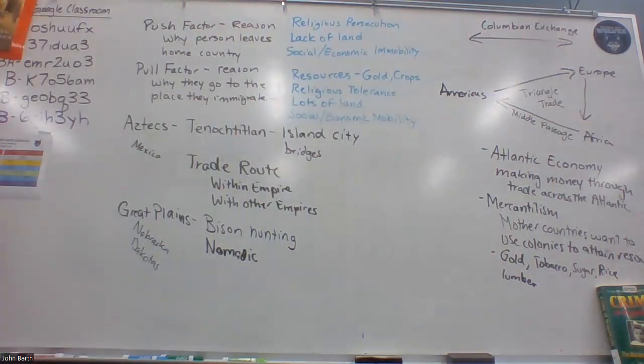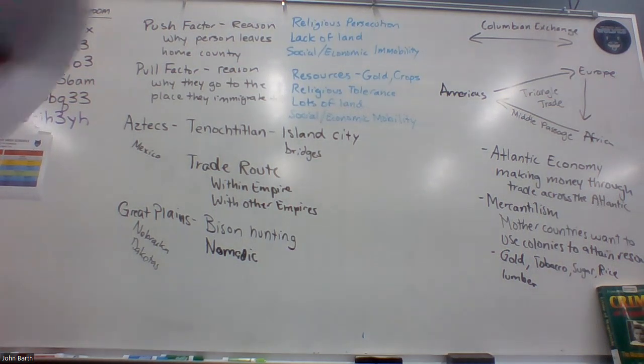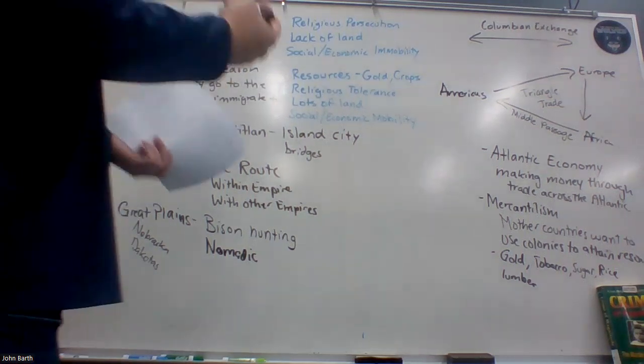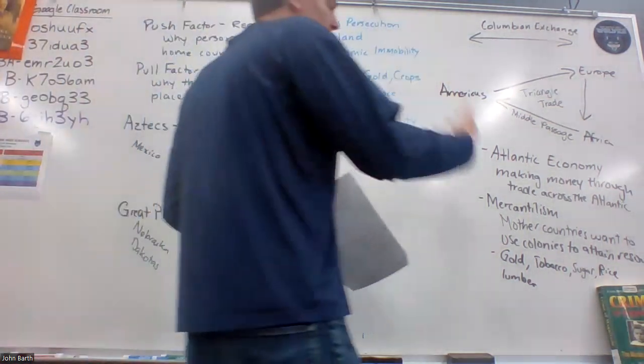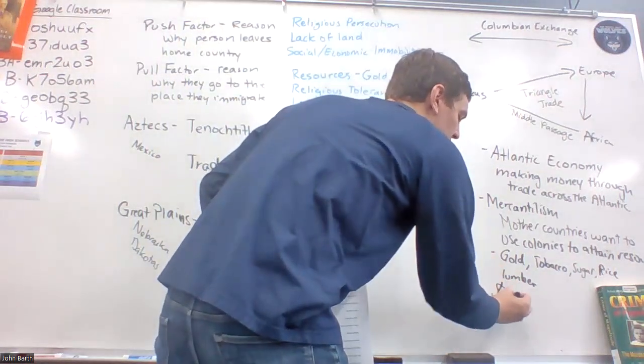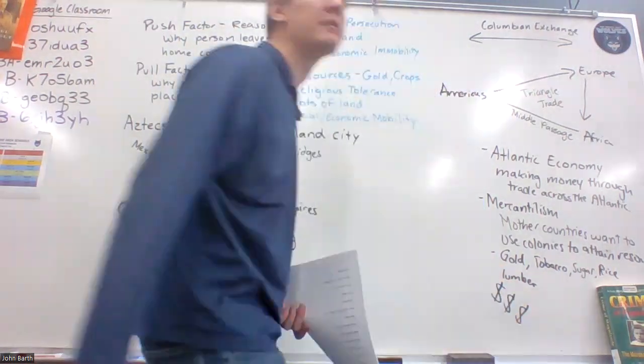England says, we need more lumber so we can make more furniture out of it, but we don't want to cut down our trees here. So let's go cut down all the trees in the colonies, because I don't live there and I still get all the benefit from the resource, and I can make something of it and sell it. The more resources you can attain, the more money you end up receiving.